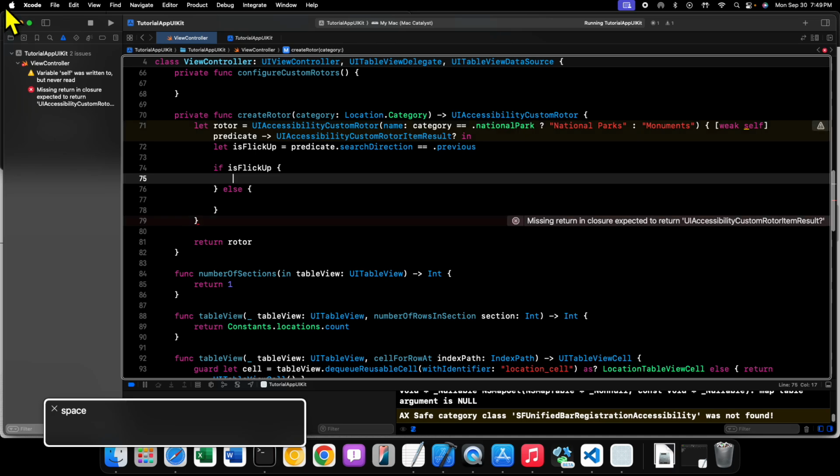All right. Now, if we want to go to the previous item, there's another thing we need to do here, and that is determine what the category of our rotor is and perform logic based on that. So what we can do is get the category that's passed in